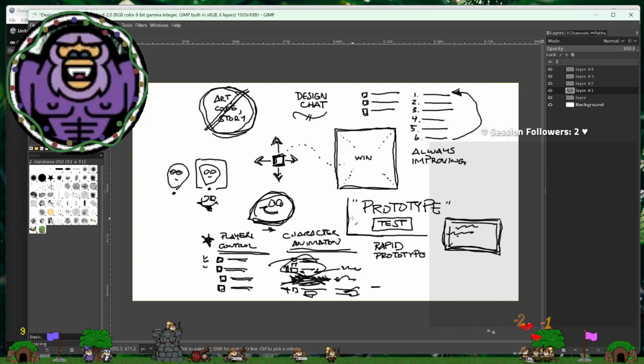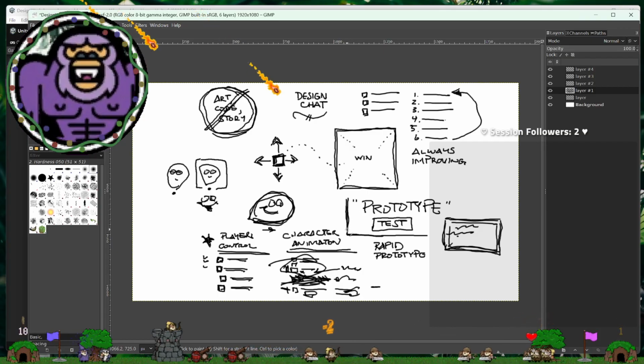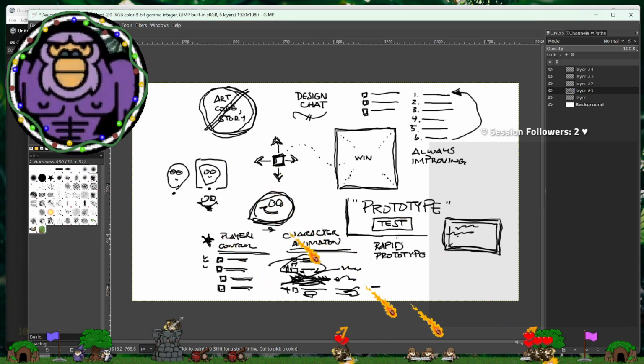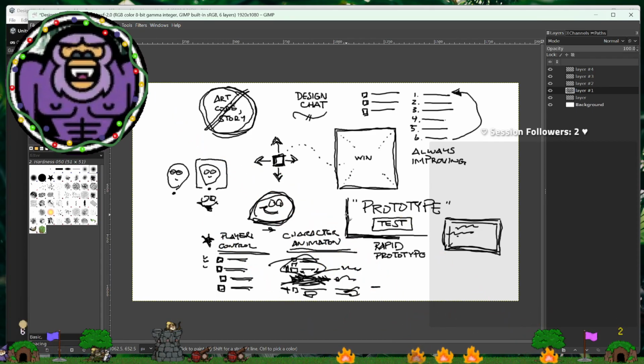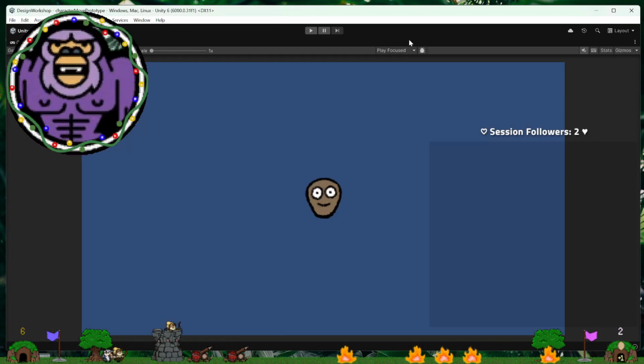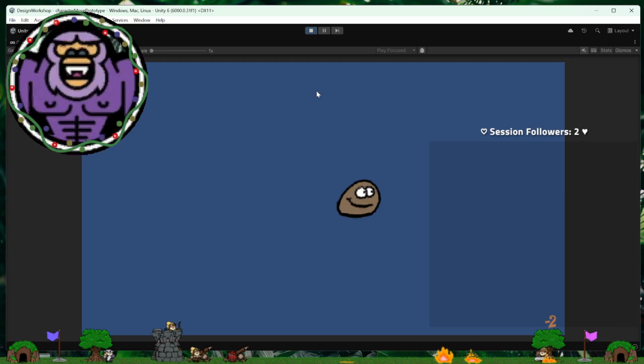To go back through something that is looking okay, it functions as it should, like the animation system does. This actually looks fine, I play this, and it looks kind of like what we want.